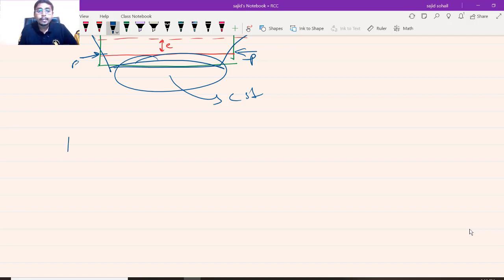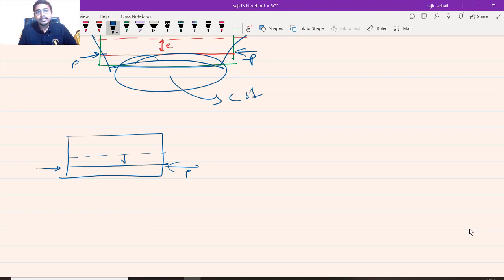Okay? So what is happening? Let us try to understand. Here I have my pre-stressing force, and this is eccentricity E. So what will happen? Let us shift this force P to my neutral axis. So how to shift? Here force P is acting. So what I will do is add P in this direction, here I will add P. So net force is 0. There is no change in the diagram.